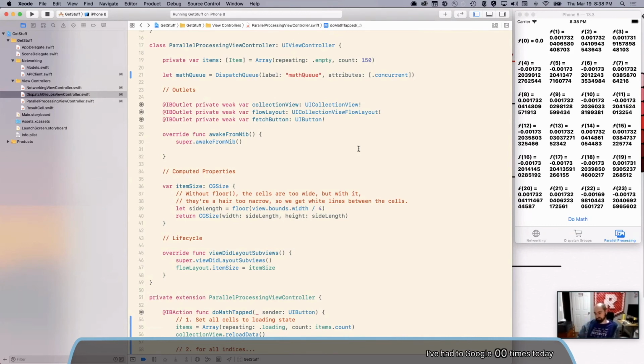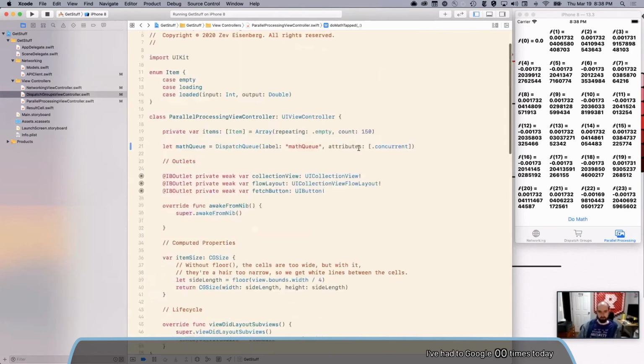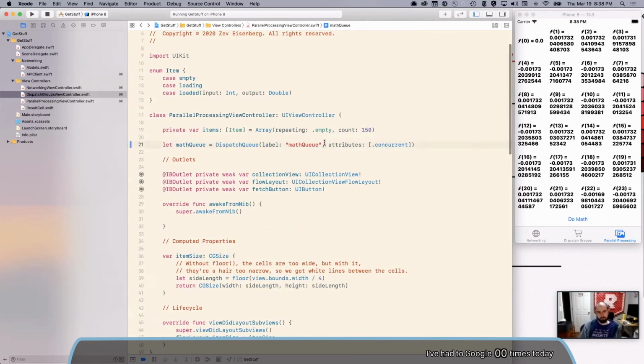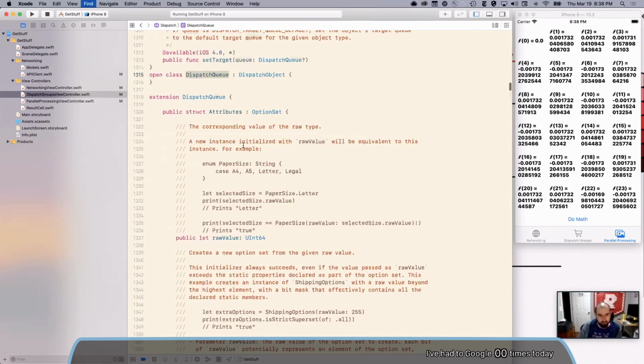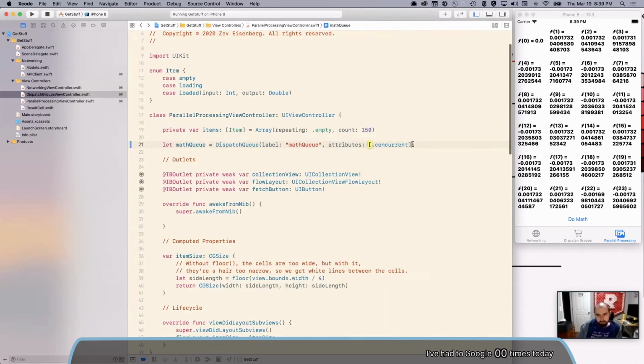And that's where the QoS, or quality of service, comes in, which you quickly touched upon. Yeah, there's a WWDC talk that you should watch if you're curious about quality of service. I was just today reading some advice about it. Maybe you saw it when I was constructing the queue, there was a parameter, I think after label.